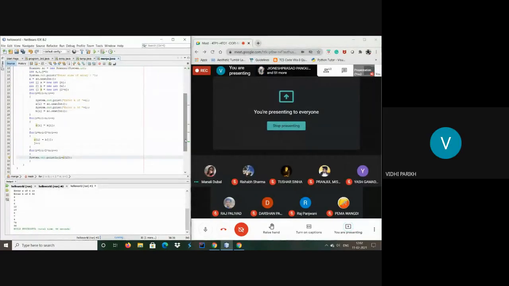For now, I have taken both the arrays of the same size. What I want to see is how you are starting the next loop. You are starting from n and running it till 2 into n, because both are of the same size. And then you are taking another variable j. Correct. This is what I wanted to see. You will need another variable j for passing through b, right?